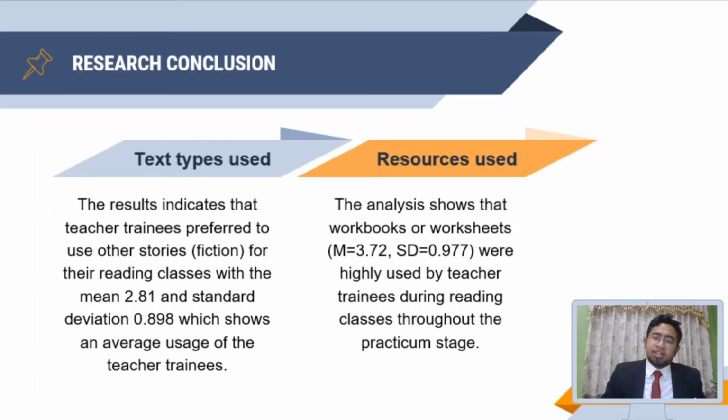Plays was the least preferred text type used during reading classes by the teacher trainees with mean 1.83 and standard deviation 0.938. The conclusion for the second research objective regarding resources used was that workbooks or worksheets with mean 3.72, standard deviation 0.977 were highly used by teacher trainees during reading classes throughout the practicum stage. Alternately, materials from other subjects with mean 2.06, standard deviation 1.11 were the least used resource by teacher trainees